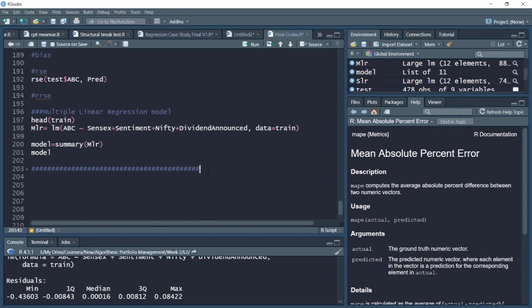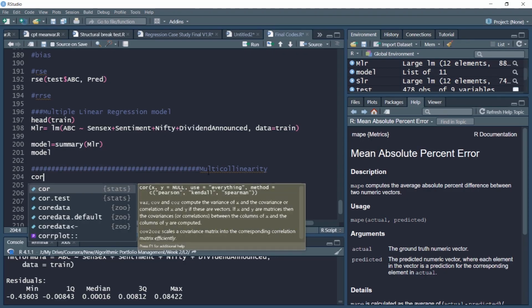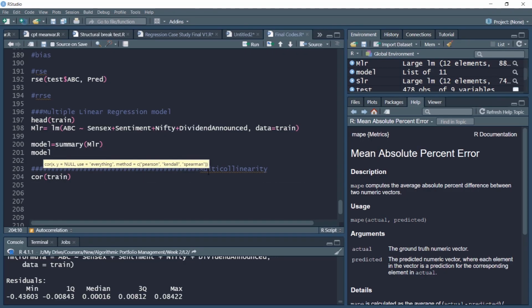In continuation with our last video, we noted that the issue of multicollinearity may afflict our estimation process, and therefore in this video, we'll examine the issue of multicollinearity in more detail. Please recall, we said that there's a possibility that some of the independent variables may be correlated, and that may give rise to the issue of multicollinearity. So as a preliminary examination, we'll compute the correlation in the trained data set